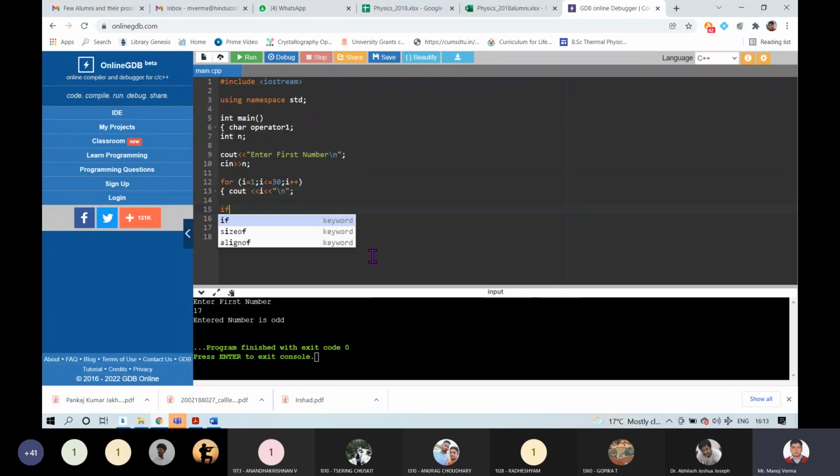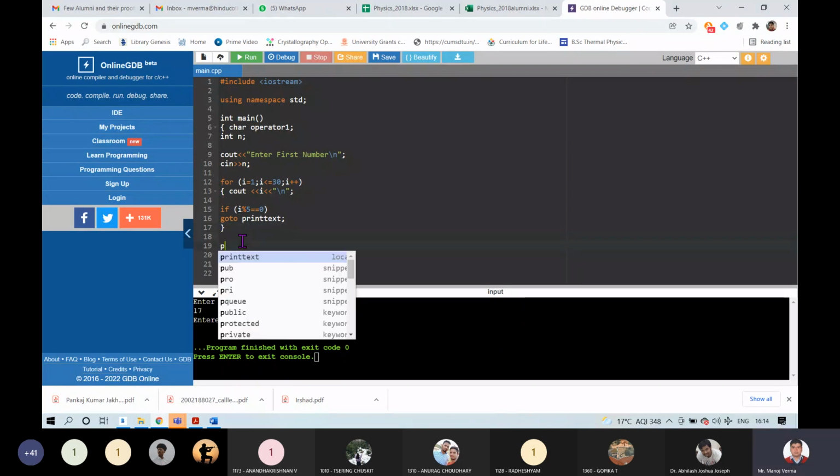Now within this for loop I will write if I percentage 5 equal to 0, then go to print text label, right? And I'm closing this for loop.